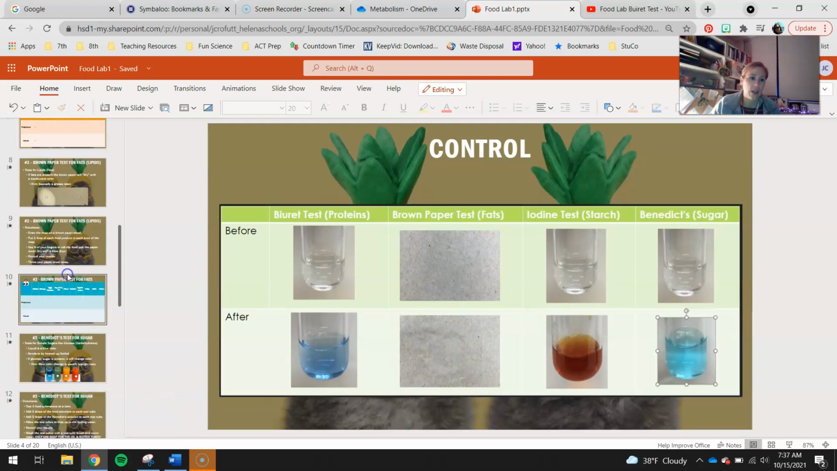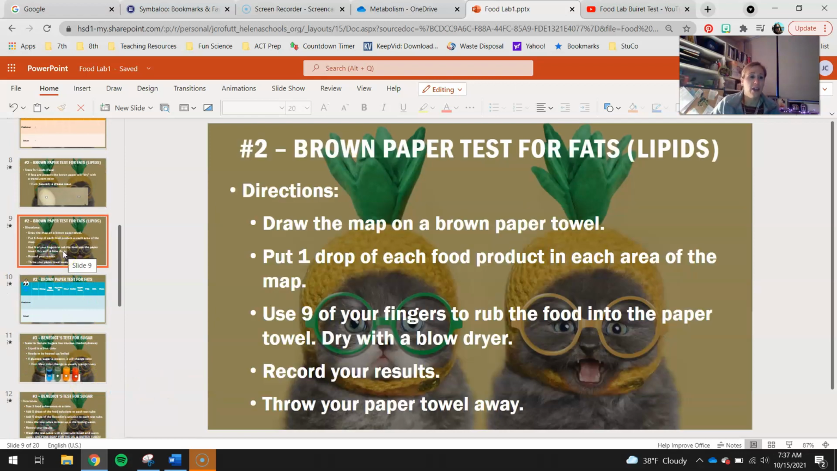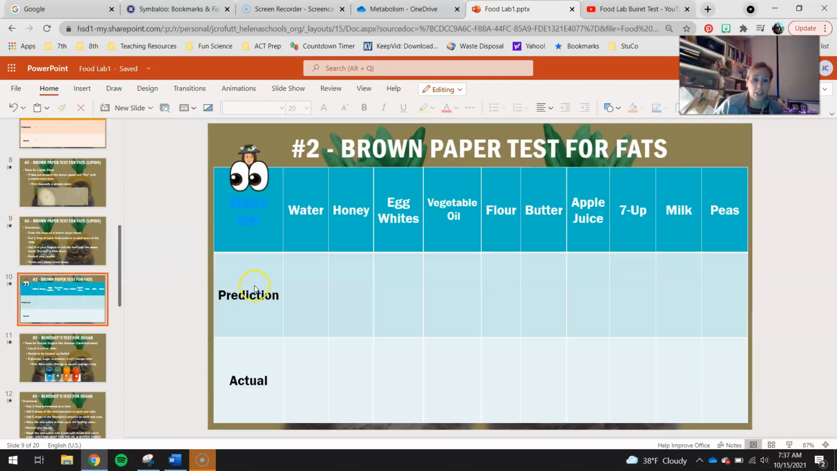Okay, so same thing with the biuret solution for proteins. You guys can kind of read through the directions. I put a drop on the paper towel, rubbed it in, and then let it dry. You guys will make your predictions first. Again, you guys should predict that water is negative, and you should also know that from that picture I showed you on slide 4 that there's actually no fat in it either,